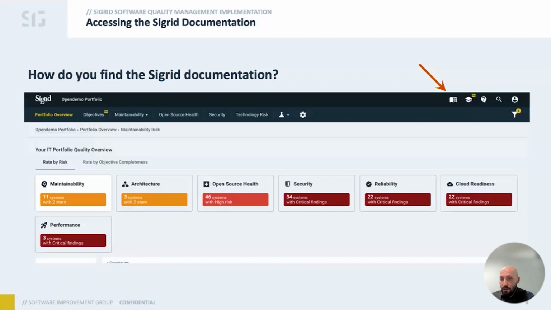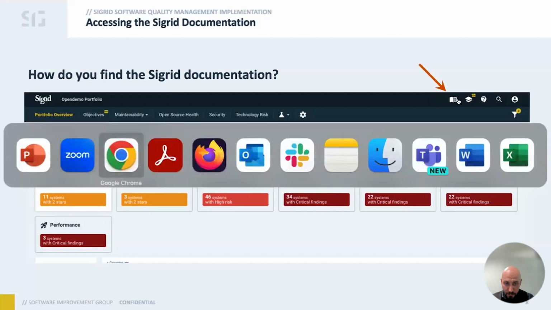How can I do that technical onboarding in order to onboard your code, to send all the code that you have? Actually, you can do that via reading our documentation on Sigrid. So if you do have a Sigrid account, you can find that in this icon here, the book icon that I am hovering on. If you do not have that account, or you are not logged into Sigrid, you can also access this documentation page via the web.